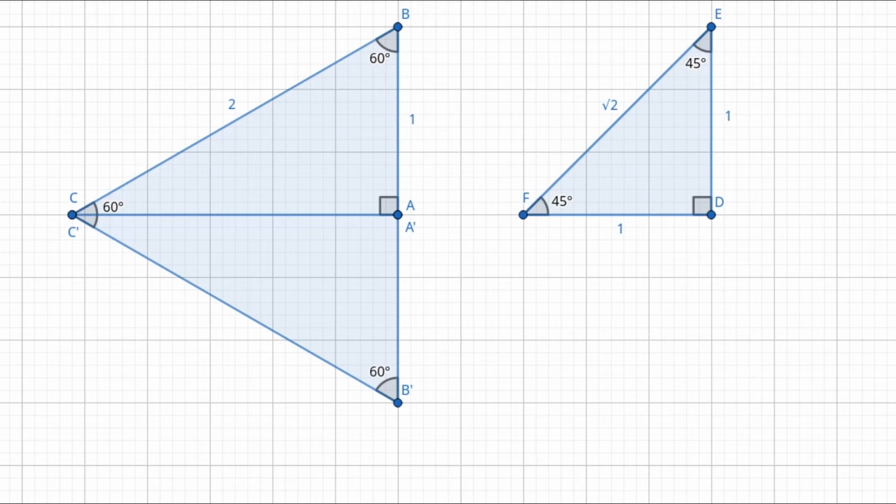That means that since the hypotenuse BC was length 2, that's given, we know that B prime C prime will also be 2, and more importantly, BB prime is going to be 2. Since AB is exactly half of BB prime, we know that it has to have length 1, just because it's exactly half of the side of length 2. So just by knowing that this original right triangle has angles 60 and 30 degrees, we can conclude that length AB is exactly half of the length BC. And then, using the Pythagorean theorem, we can extrapolate that the length of AC will be root 3.